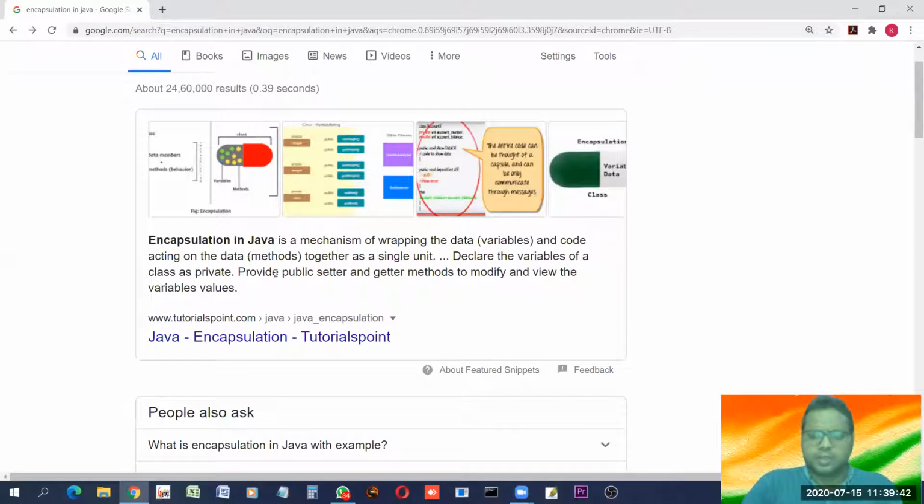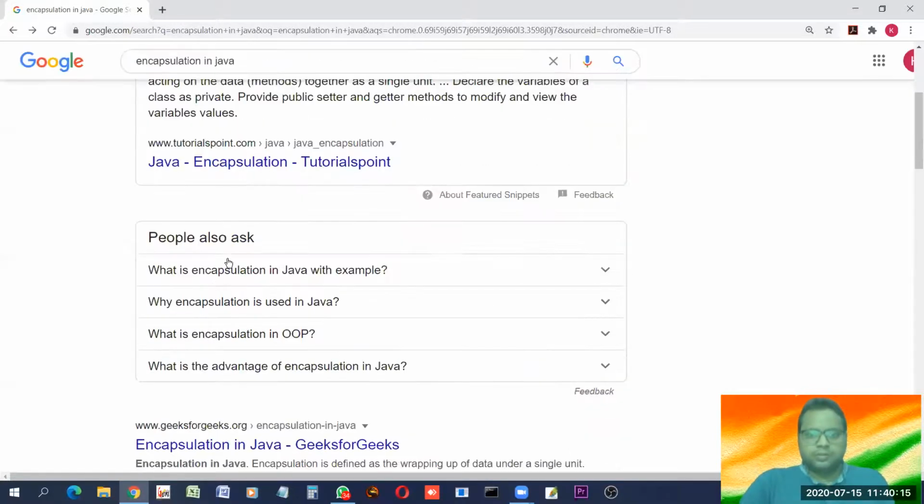Encapsulation is this much only. If it is asked what the concept of encapsulation in object-oriented programming is, it's quite simple. Wrapping, enclosing, or keeping together the data as well as the functions or the methods in a class. A class is an entity which contains data and members. So this whole concept is known as encapsulation. Quite simple.